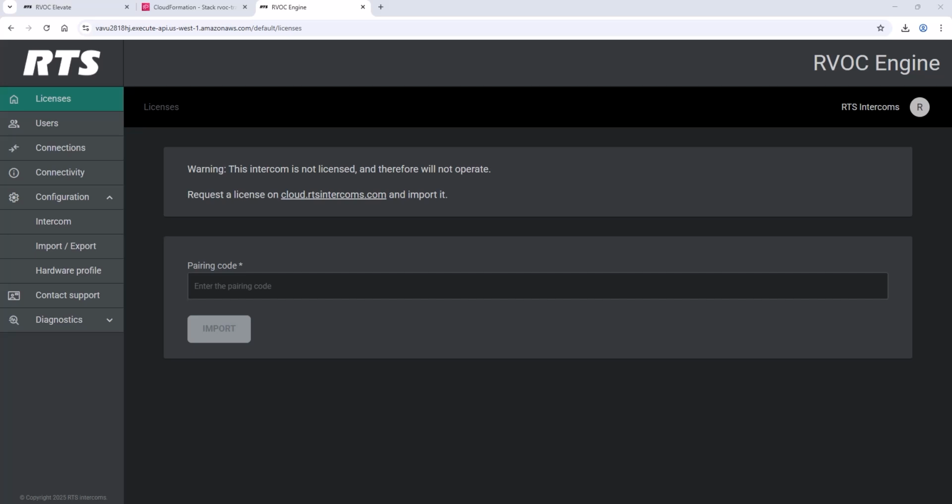Once the system is deployed, you can proceed to license pairing, user management, and audio configuration to tailor the intercom